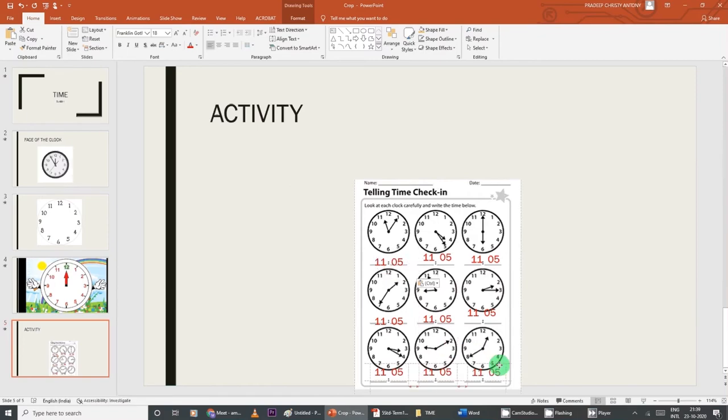And then you can change the time now. The first is 11:05, the correct time. The second clock, just click that. Then you can use backspace, delete it. Now the time is 04 and this time is 25. You can press F5 or you can press the slideshow on top.